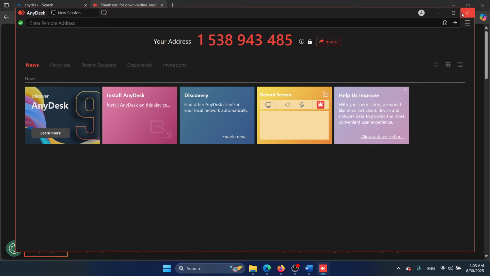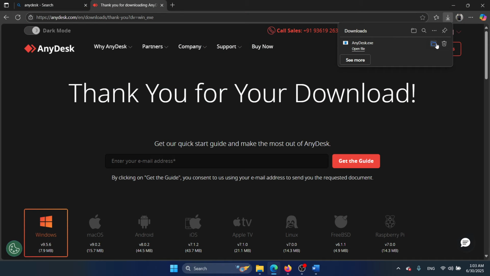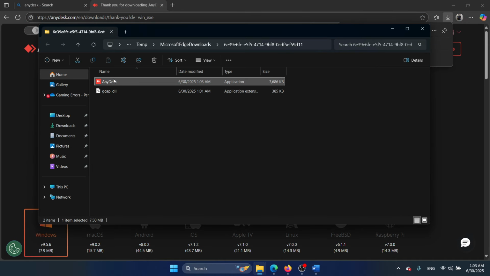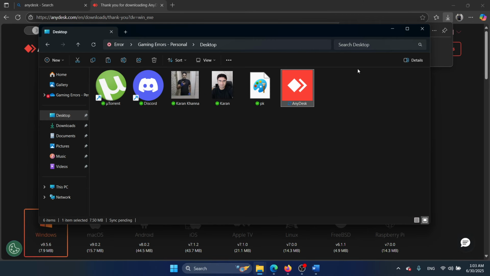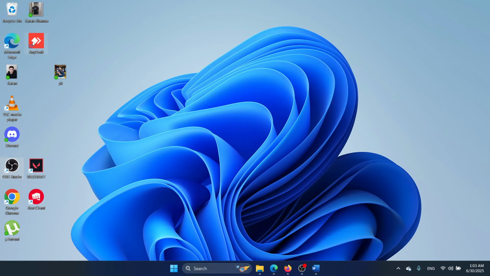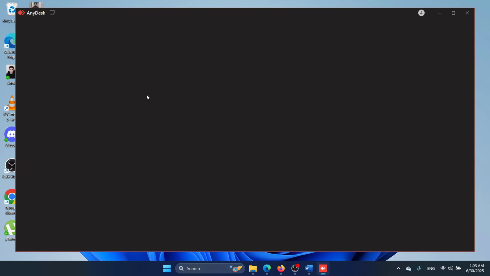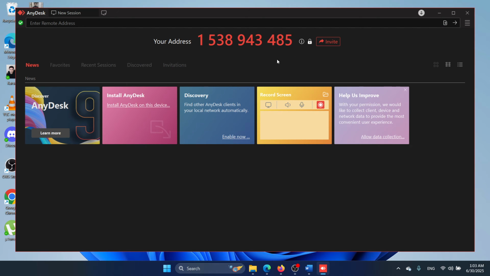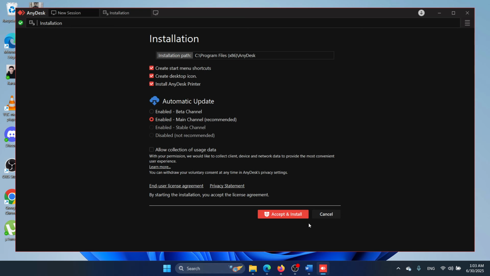So here's what you have to do. You have to click on this option here and copy it, and then you can paste it at some other location, let's say the desktop. Now you can open it from the desktop directly, and this is how you will be able to access the AnyDesk application. Okay, so this is the process, and then you can click on install AnyDesk on this device and